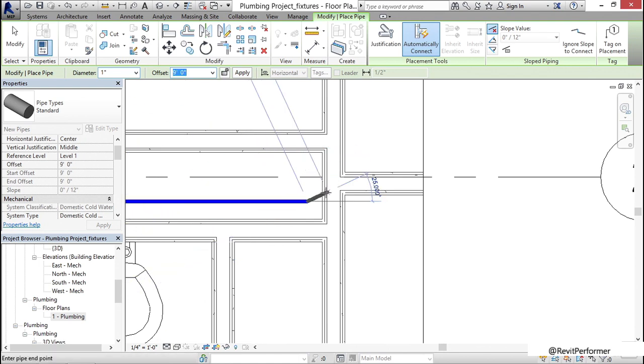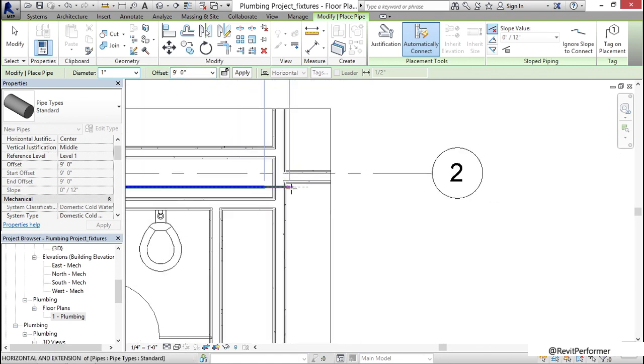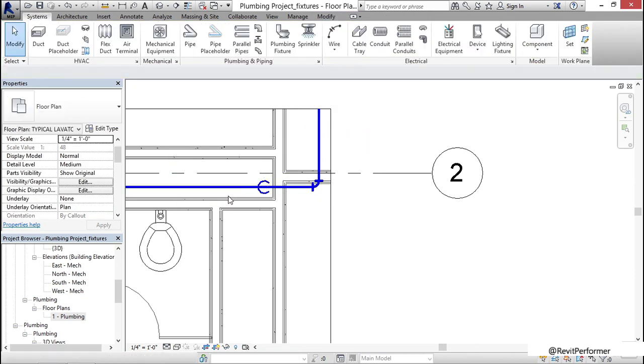Suppose we want to run it above the ceiling. Keep going in this direction. In Revit, it will give us our rise symbol. And let's draw our pipe up this wall outside of our view, and we can hit Escape. On the View Control toolbar, let's go back to Hidden Line.